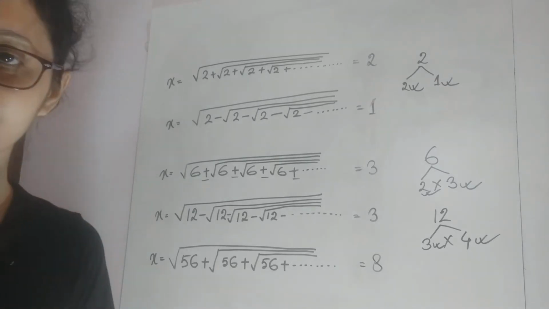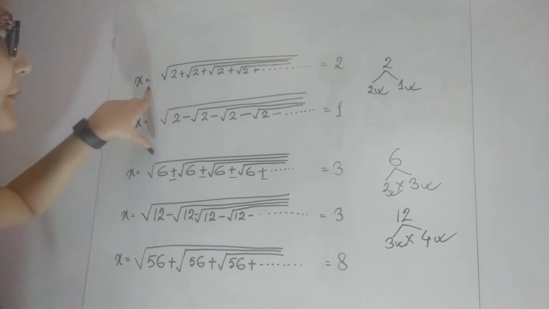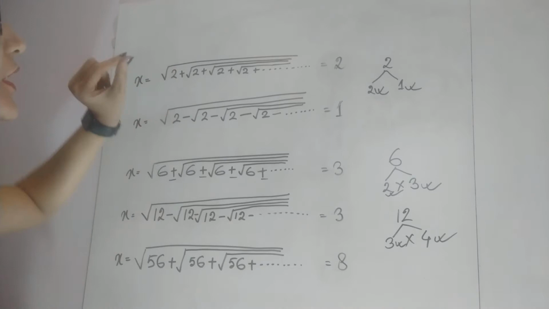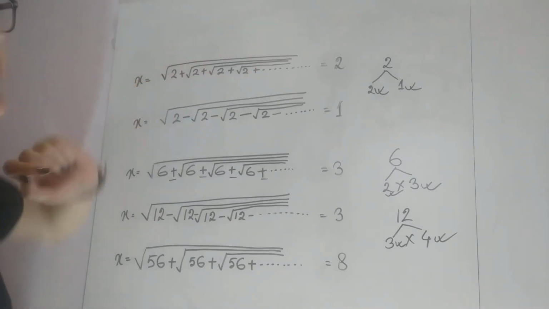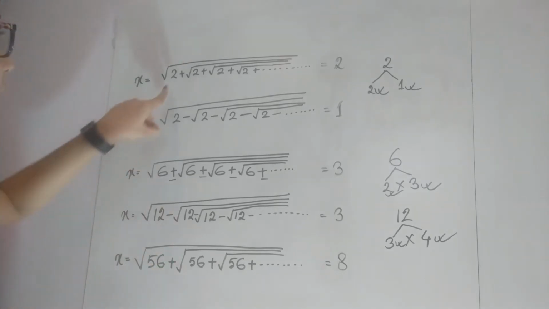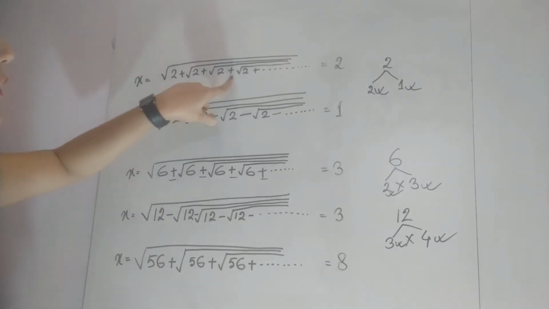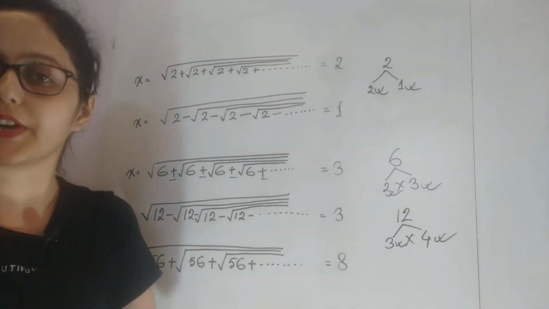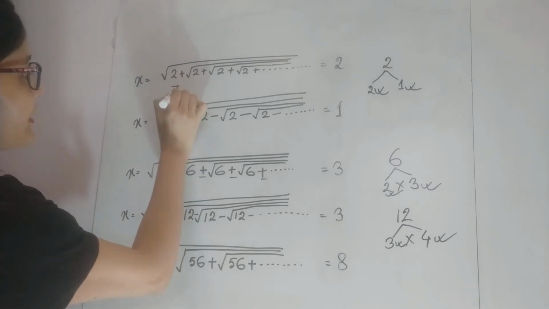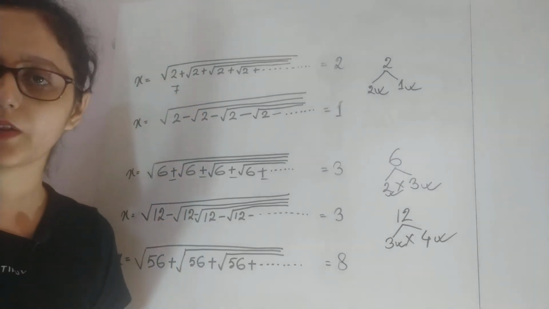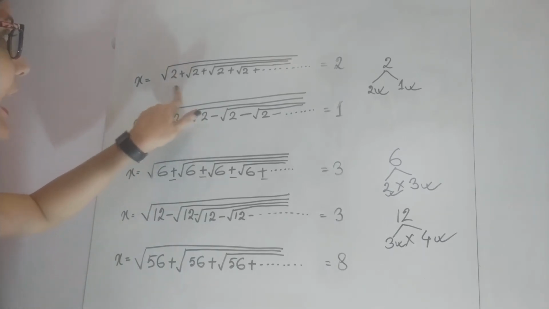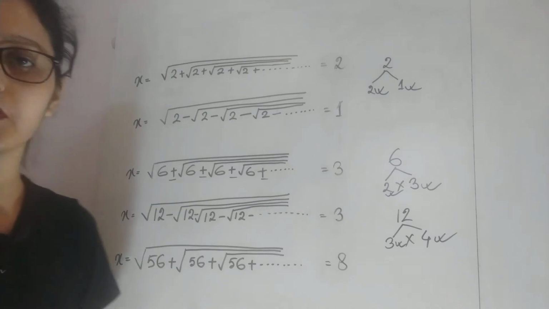Okay. Now in this video, we'll solve the problems with the values that can be written as the multiplication of two consecutive numbers. In the next video, I'll solve some other problems in which the numbers cannot be written as the multiplication of two consecutive numbers. Suppose here it is 7. 7 cannot be written as the multiplication of two consecutive numbers, right? So I'll make another video in which I'll solve those kinds of problems.